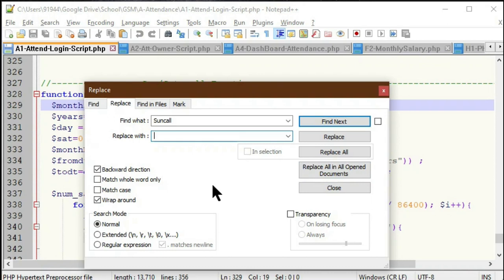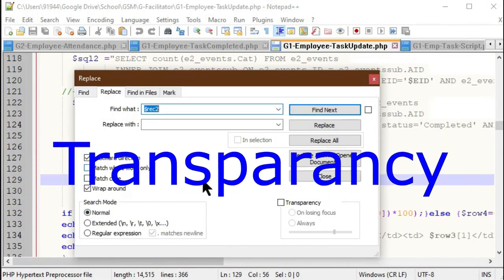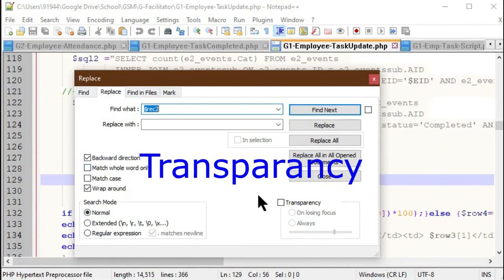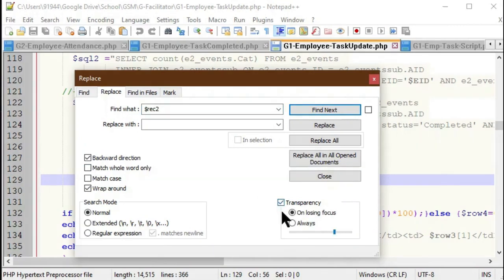Another option is transparency. If I click the transparency checkbox, it has two options, on losing focus or always. First I selected the on losing focus radio button.